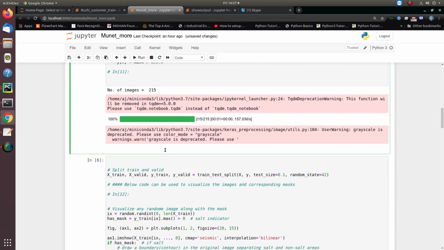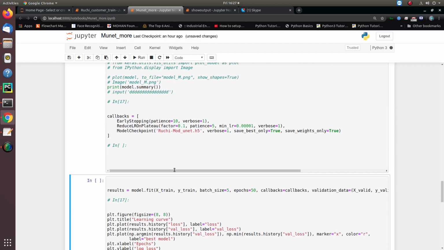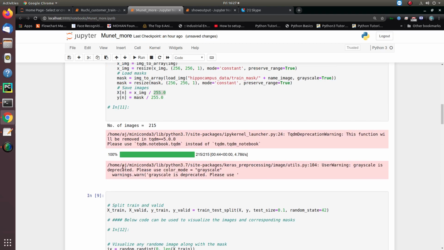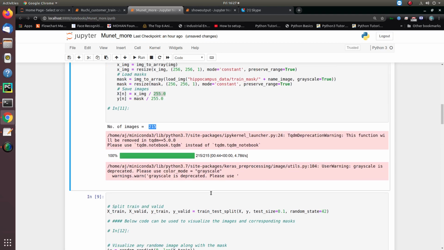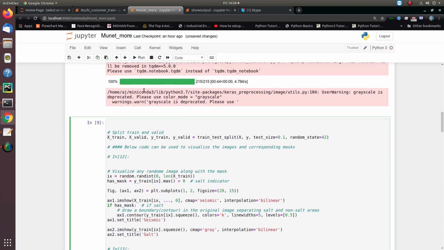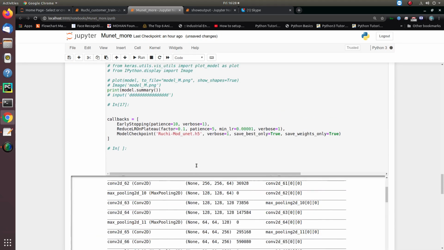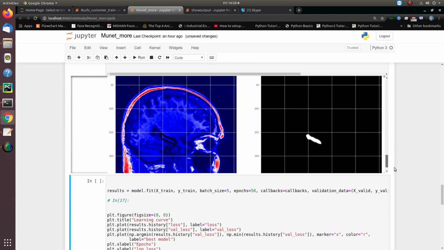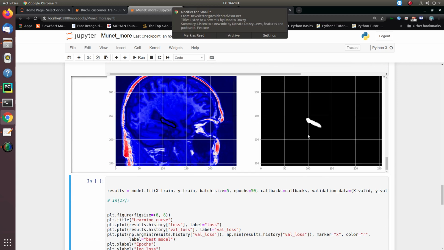After running this block, let's run. For training and validation data, I am using a split here. Actually right now I am using a very small number of data samples for this video, so I'm splitting the data with 0.1% of validation data. After running, you can see here a sample image of the input and the mask. The mask is being mapped on this input image so that you can identify where the hippocampus gland is located.